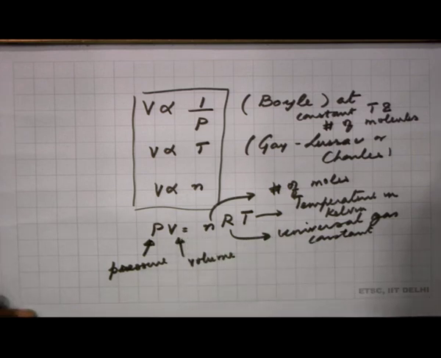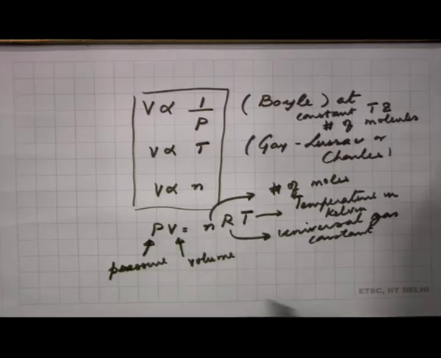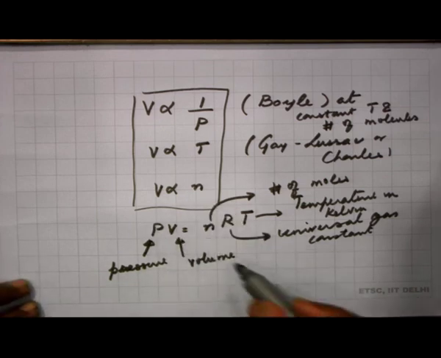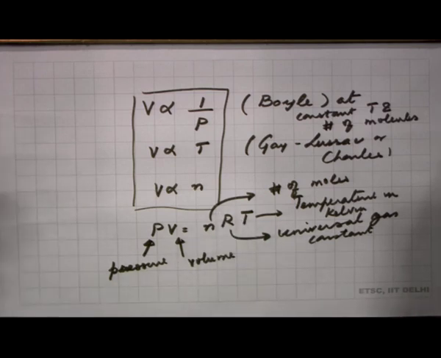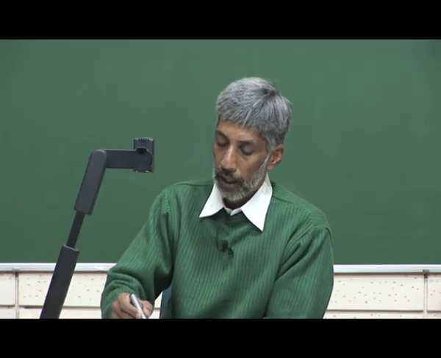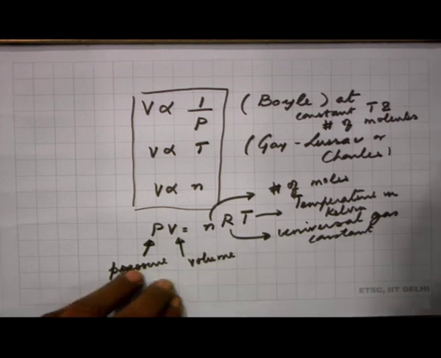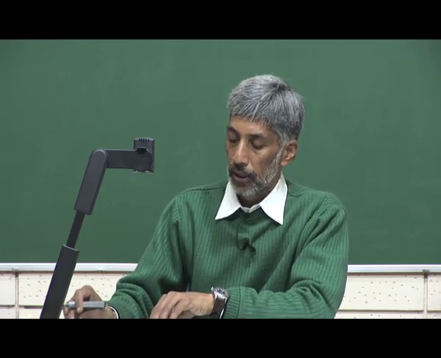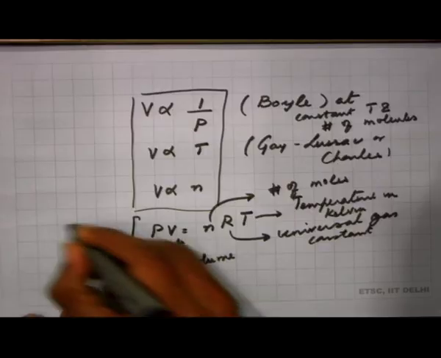What we will do in the next class is to look at some numerical things involving this. Maybe I will show you some demonstration there rather than give you this mathematical derivation of PV equals nRT, which is in the book. What we will look at is some sample of the data that we have, which will give you how this is indeed true. So, that we will do in the next class, and then maybe we will look at some numerical examples of the use of the ideal gas equation of state. So, this is called the ideal gas equation of state,